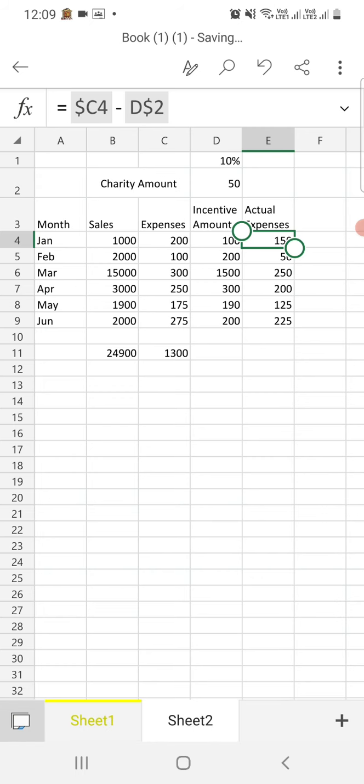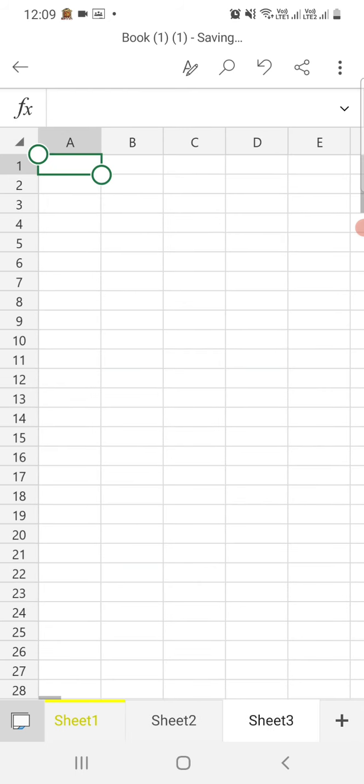You will get the plus sign here. So just click on that plus sign. You will get another sheet. Now we are in sheet 3. So this is a new sheet where we can write some other data, and first we need to write the data.